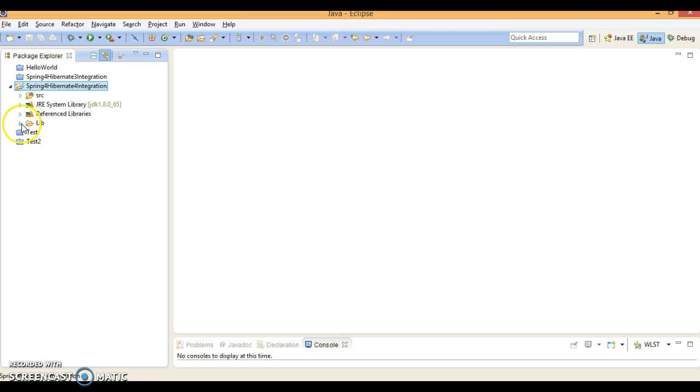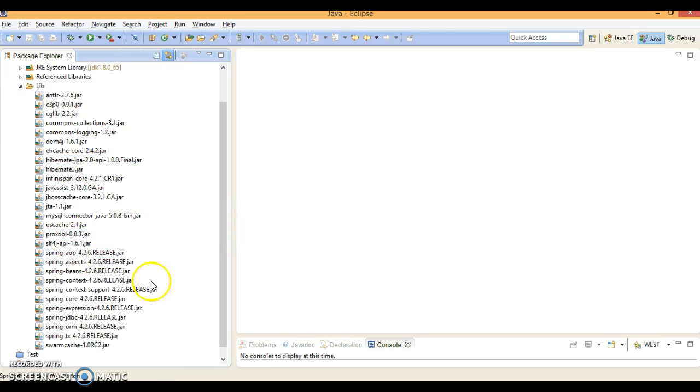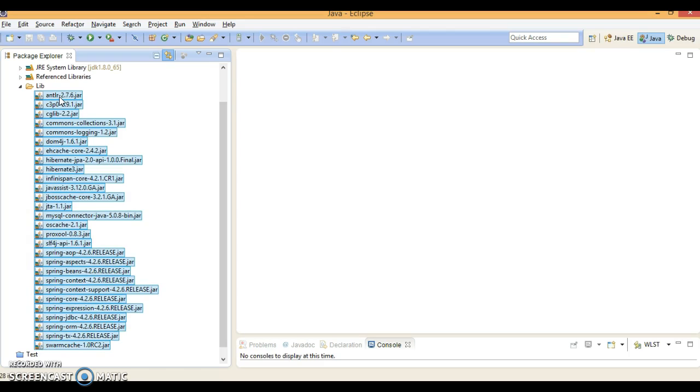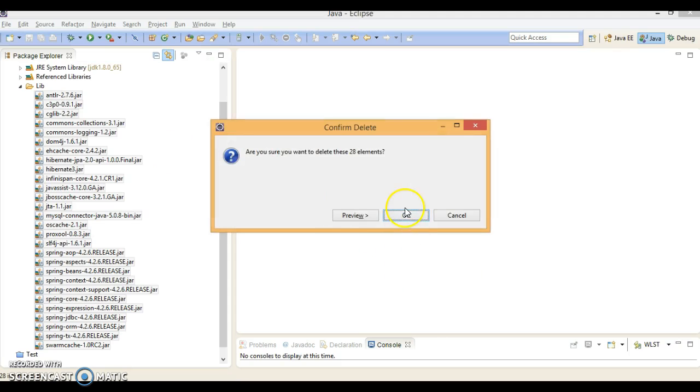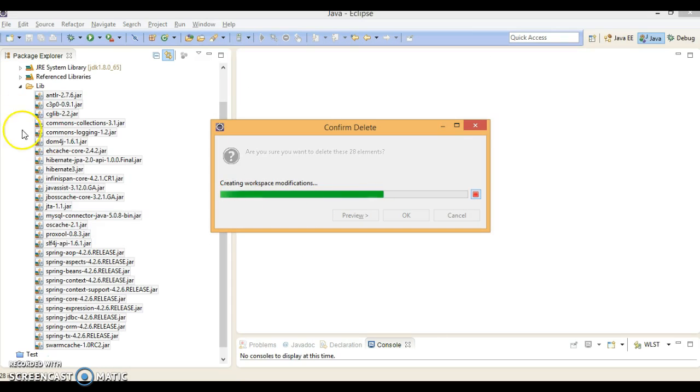If you look into the lib folder, here I showed you how to integrate Spring 4 with Hibernate 3, so most of the jars you can see are Hibernate 3 jars. I'm going to delete these jars, because in this video we'll see how to integrate Spring 4 with Hibernate 4. Hibernate 4 jars are required, and I have taken the latest Spring jars as well.